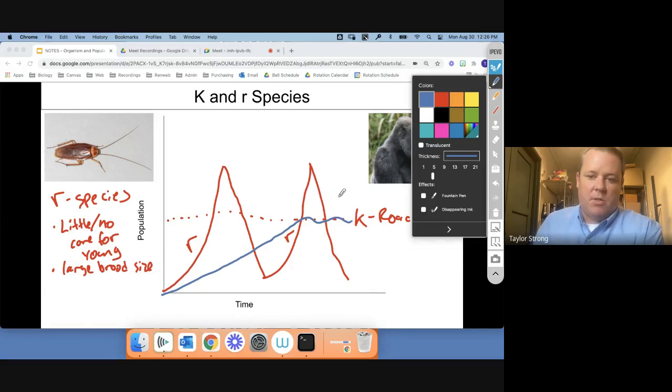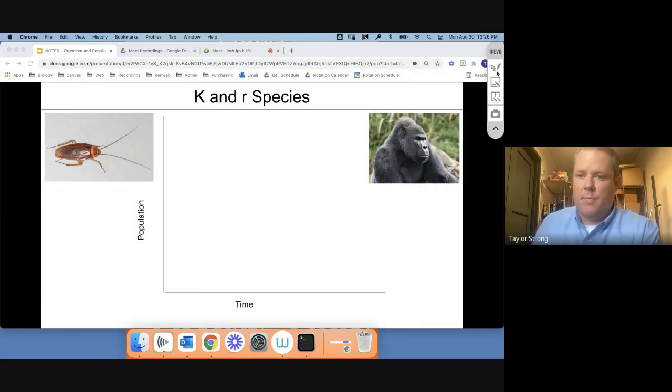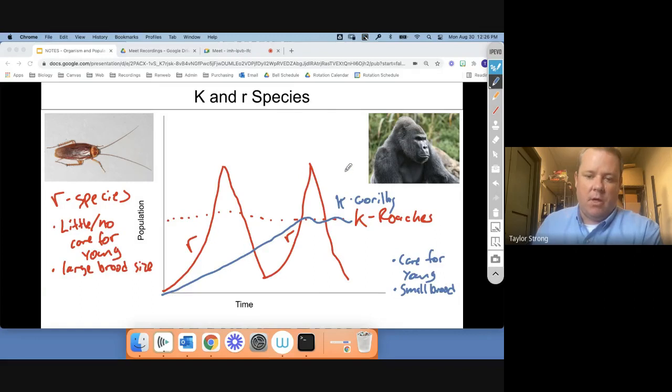And they're going to spend a lot more time near the K for gorillas, because they have things like care for young. They have things like small brood sizes. Okay, and so the different species will have very, very different graphs when you're looking at what their population growth curve would actually look like, and we call them different things. And so this would be the K